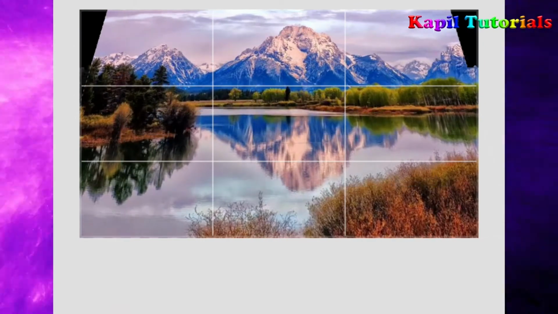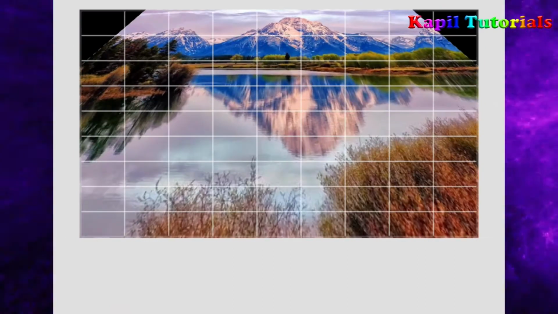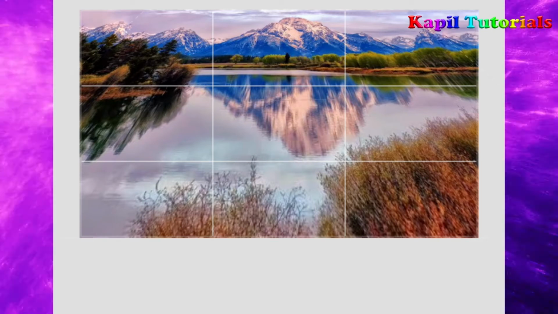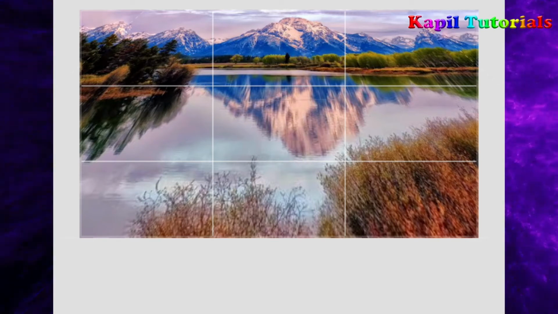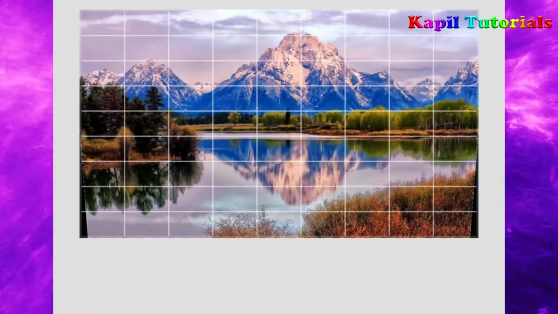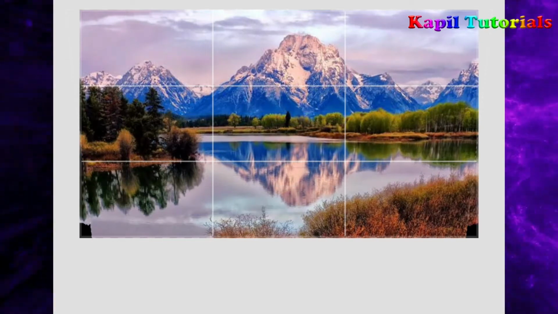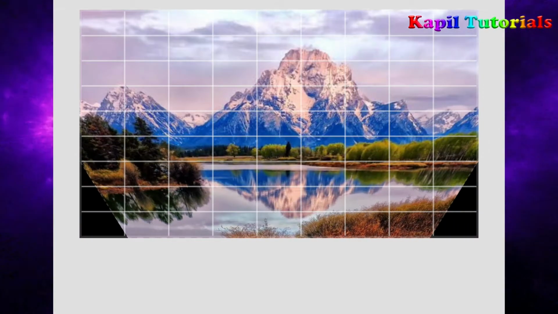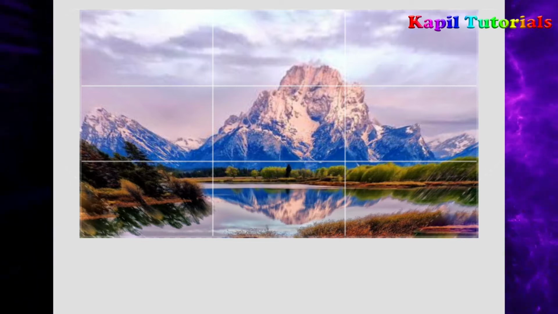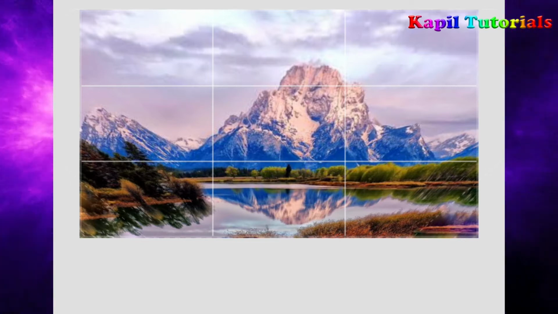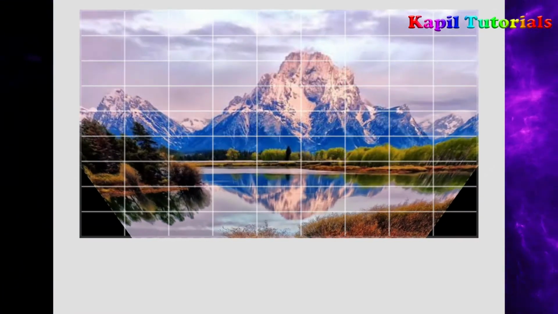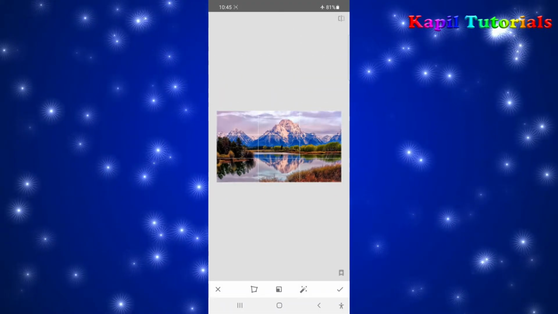If I'll just drag it upside like this, I hope you are able to feel the difference in the image. It is tilted in forward position. Now I'll do the opposite. I'm just rubbing my finger from upside to downside. So I hope you could easily feel the difference. Now the mountain is nearer. It is tilted in the opposite direction.